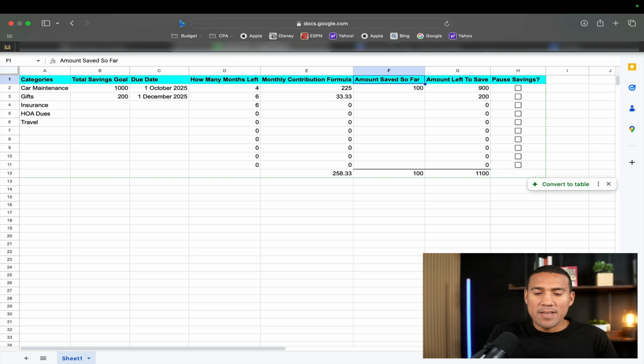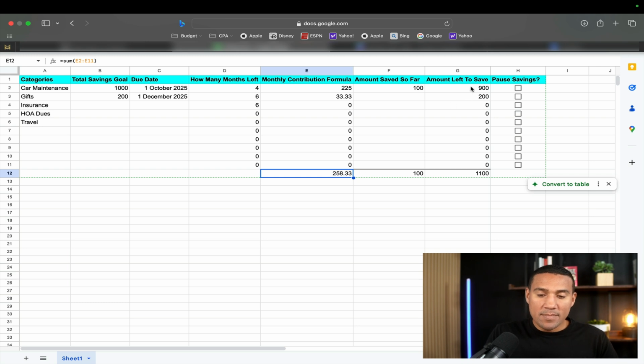Something else that I've built in over here is this particular column F, amount saved so far. So if you've already got money saved, it's going to affect the amount that you need to be saving on a particular month. Okay, so if I take out this $100 real quick, you'll see this 225 changes. Because I had $100 over there, this was saying I only need to save $225 for my car maintenance. But if I didn't have any money, I need to save $250, and all of a sudden that goes up to $283. So let's assume that I do have the money set aside, $225, $33. I need to be saving